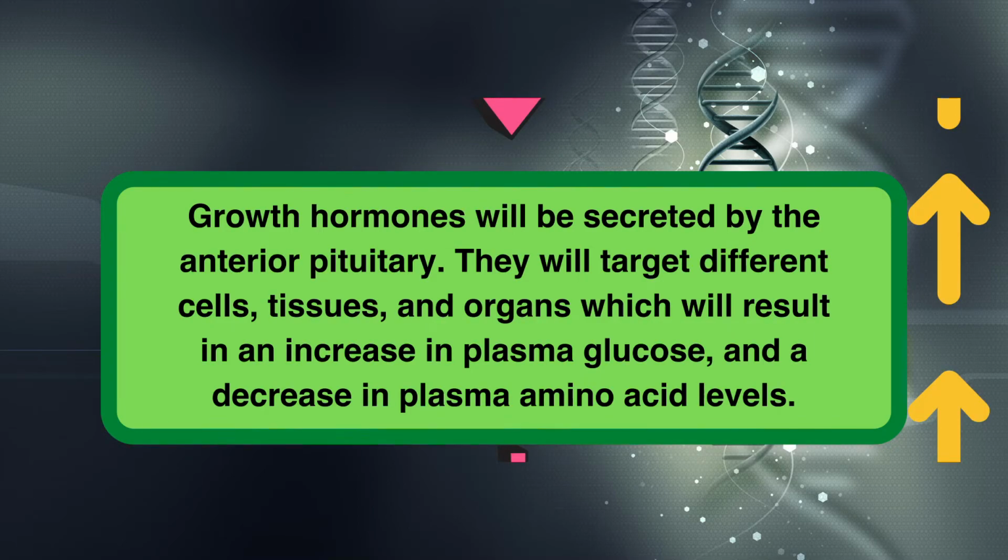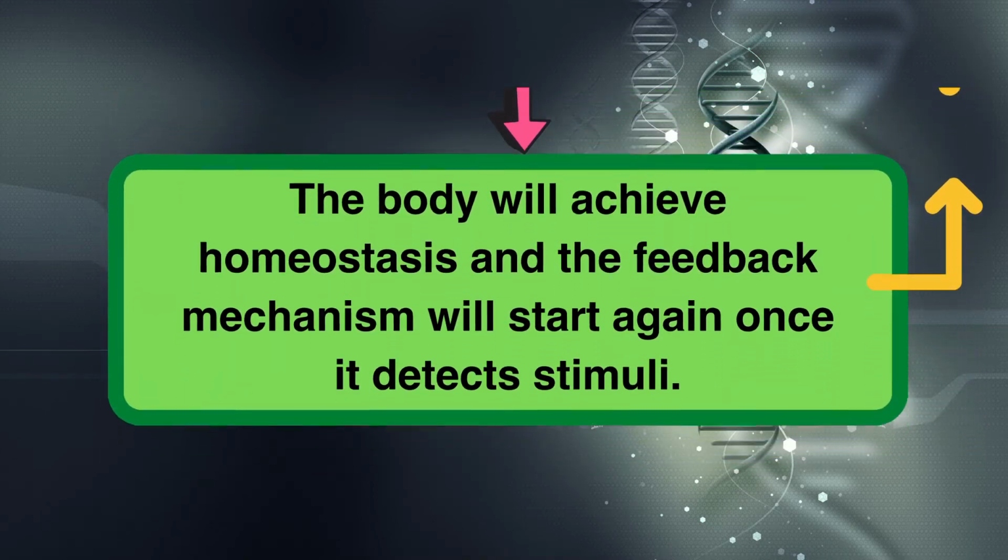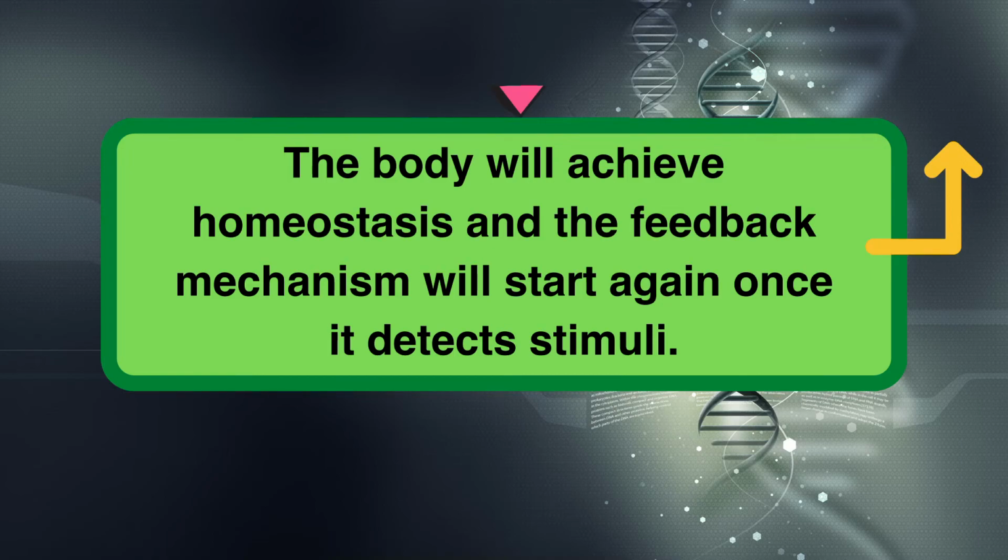The pituitary gland will then release the effector, which are the growth hormones that will target the tissues, organs, body cells, and fat that will all go through complex processes such as protein synthesis, which decreases the body's amino acid levels and help our bones and muscles grow. Or the body can break down fats through lipolysis, such as the adipose tissue, which results in an increase to plasma glucose level, and this helps the body achieve homeostasis. The goal of the feedback mechanism is to regulate the plasma glucose level and the plasma amino acid level of the body. It is also important to take note that through this process, the body will also grow because of the growth hormones and protein synthesis.